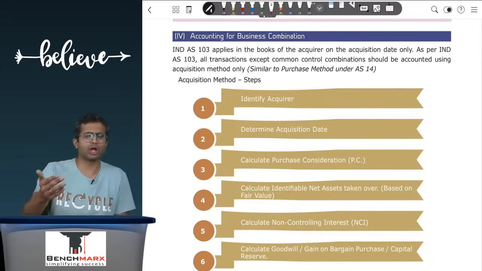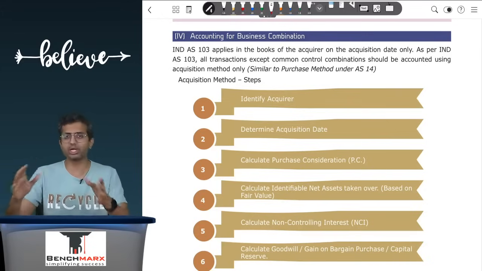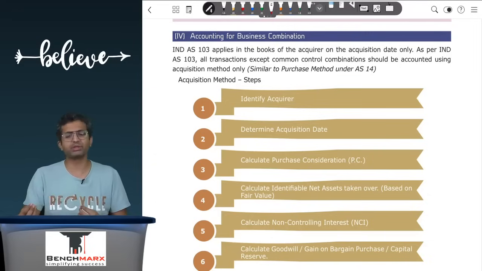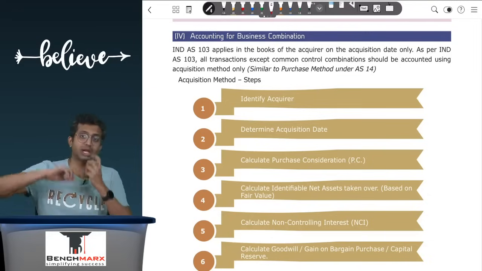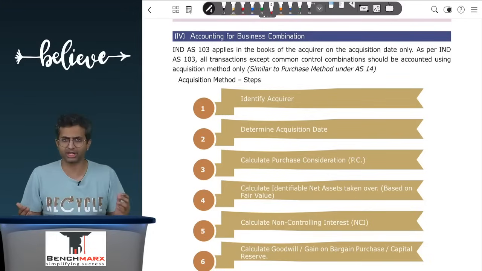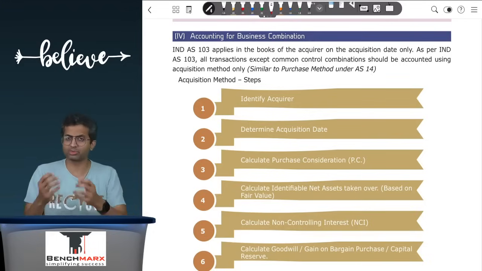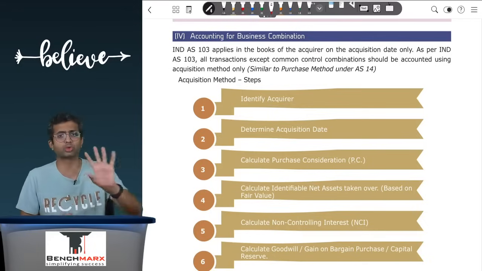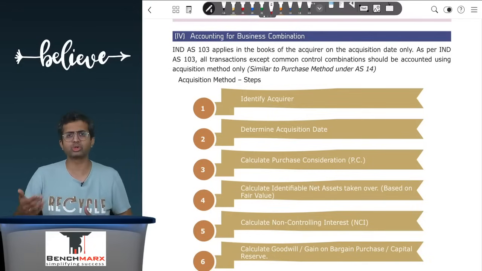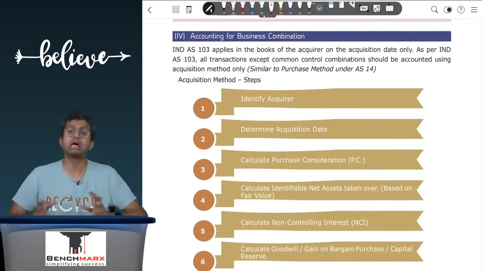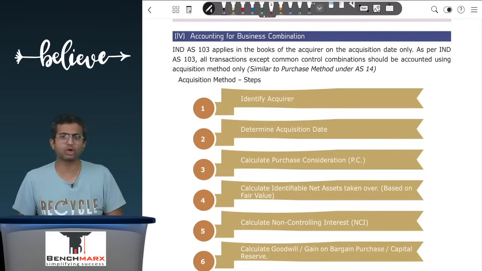I might be acquiring, let us say, a company who has 100 acres of land. Now, I might have a 70% stake in that company. However, with the 70% stake, I get the ability to direct what is to be done with the entire 100 acres of land. Yes, ultimately, once that land, let us say, is sold or renovated as a case, maybe I will get only 70% of the proceeds. 30% of this will go to someone called as non-controlling interest, which in your CA Inter was called as minorities interest. Step number 5 is determination of NCI or the non-controlling interest.